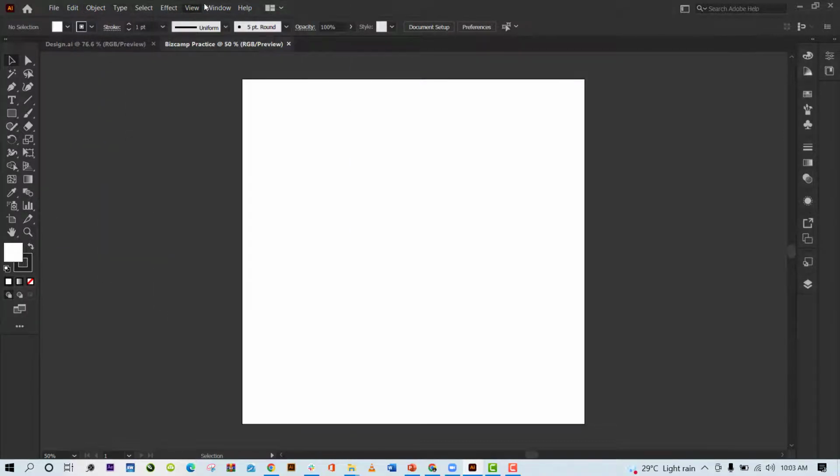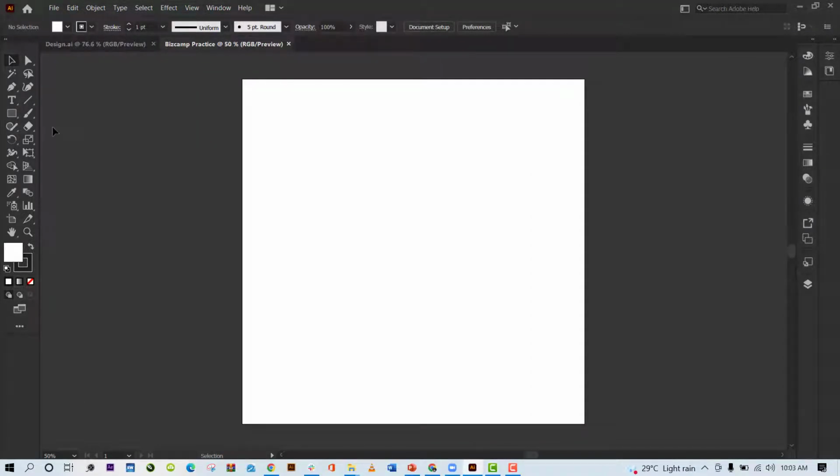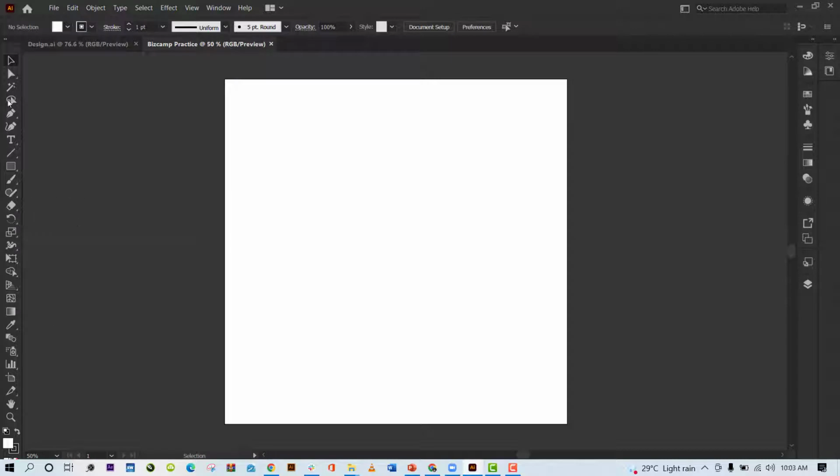You can do a lot of things just by flowing through this place. Now, that is the menu bar. Let's go to the other part. We have the toolbar. Your toolbar can either be like this, straight from up down, or you can click this part to